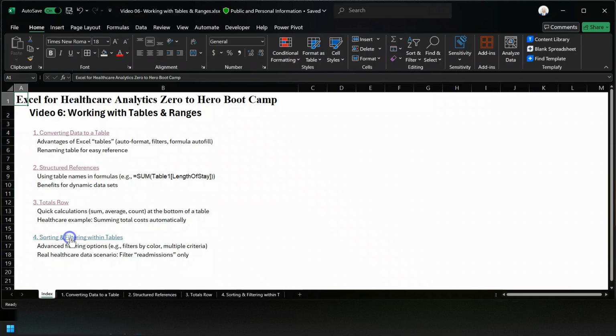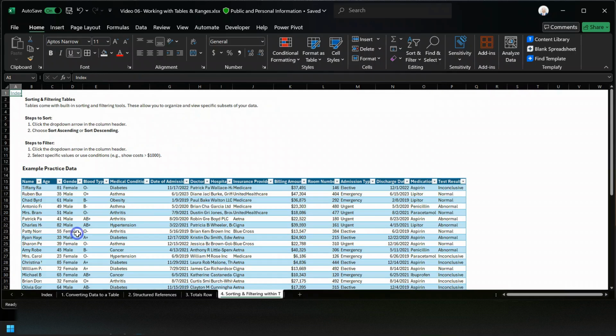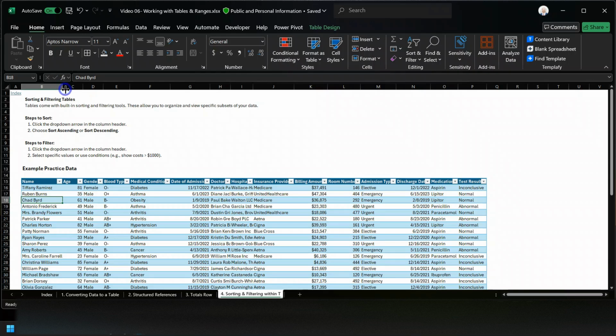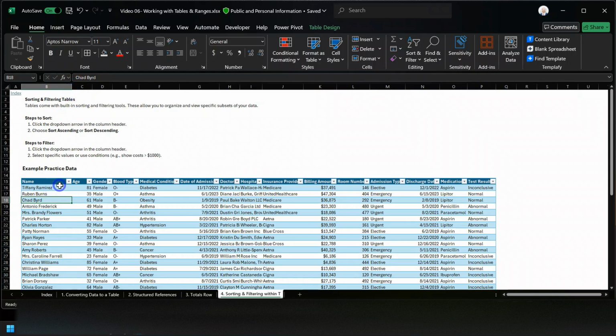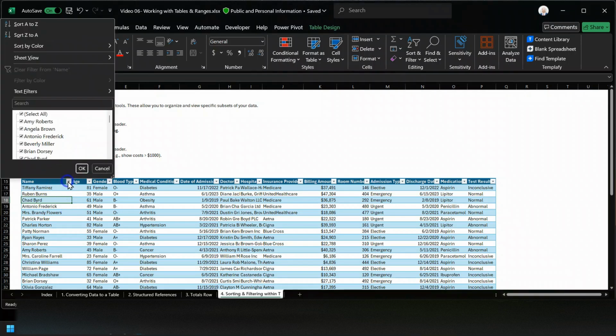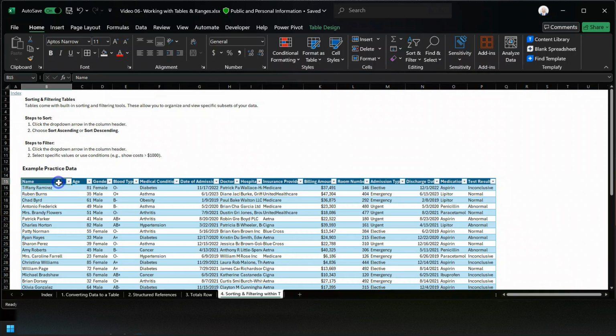All right, sorting and filtering within tables. We have seen a little bit of an introduction to this. I'm not going to go too much deeper because, to be honest, it's quite self-explanatory and you can figure it out without watching a video. I'll still show you. The table is already set up to do sorting and filtering from the buttons here at the top of each column. If those aren't available, which is really unlikely,